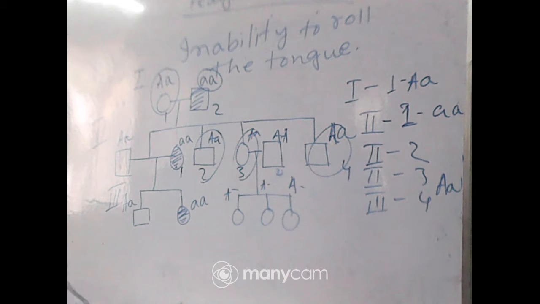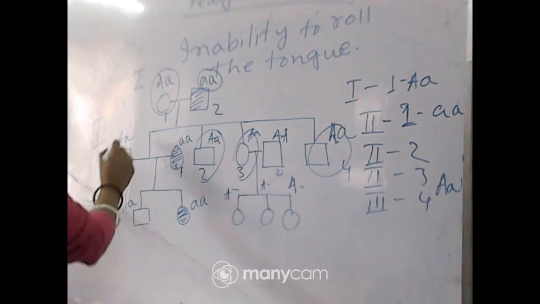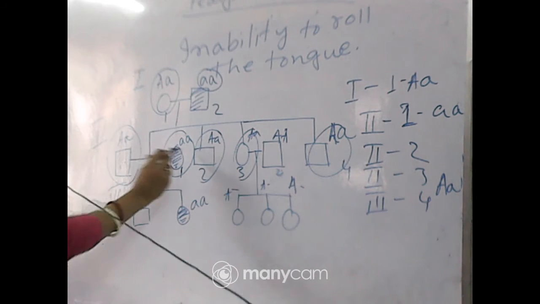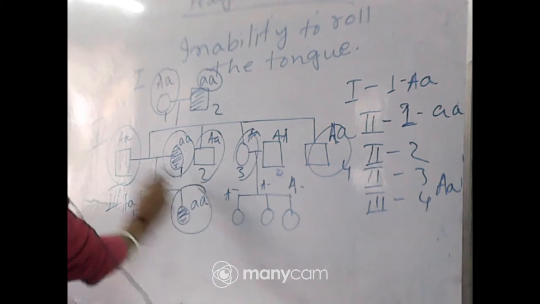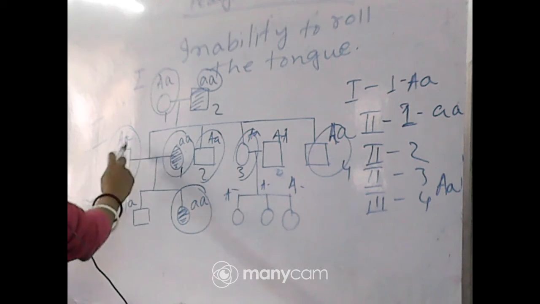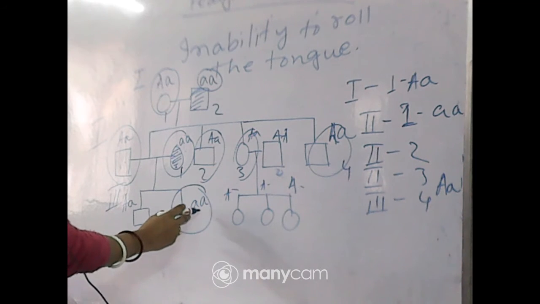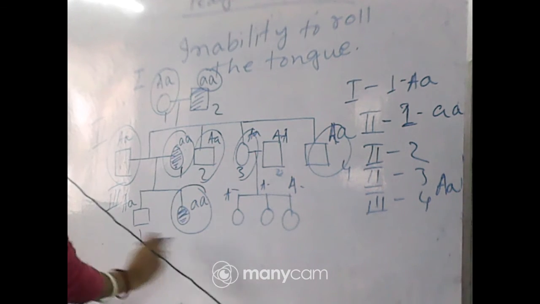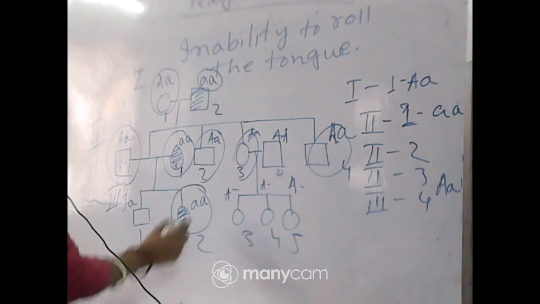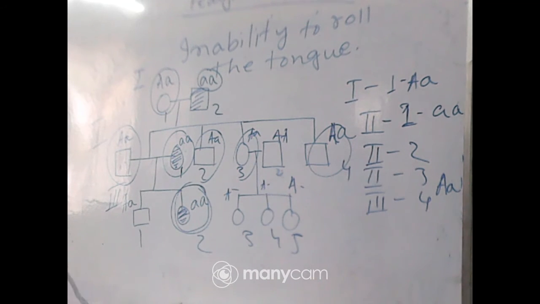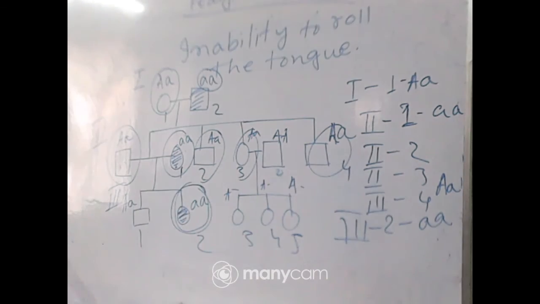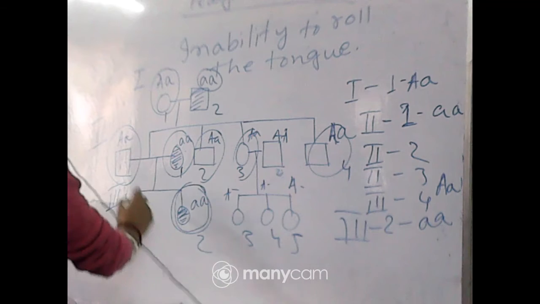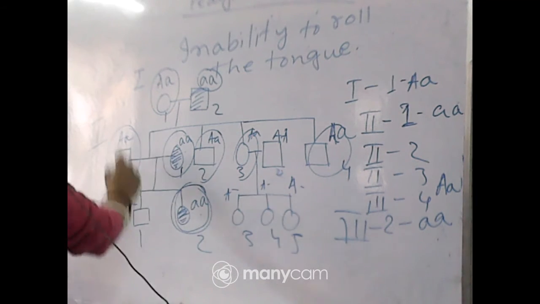And therefore, the cross between this mother and her husband, heterozygous and recessive, produces one homozygous recessive in the third generation, because one small a from each parent must come to one child. So here, 1, 2, 3, 4, 5, you can see that child number 2 is homozygous. This is possible only if the outsider is heterozygous. Naturally 3-1 is also heterozygous. Obviously one child is homozygous, so another must be heterozygous.